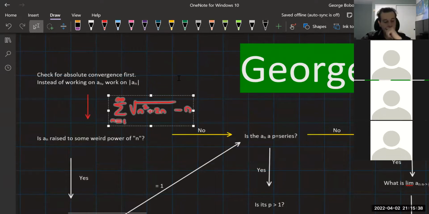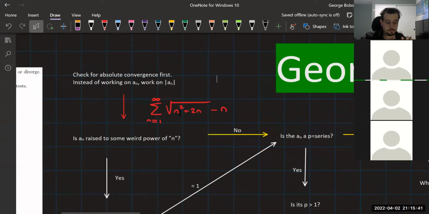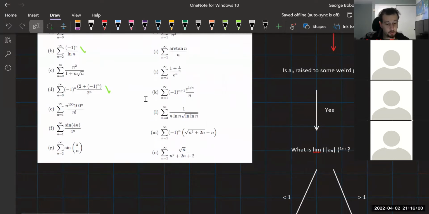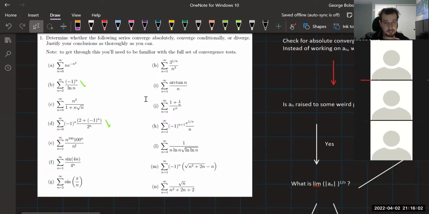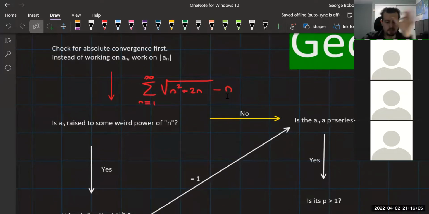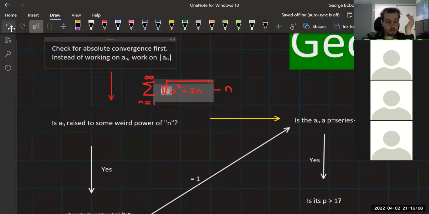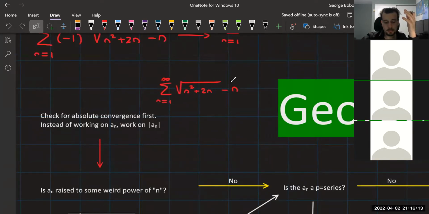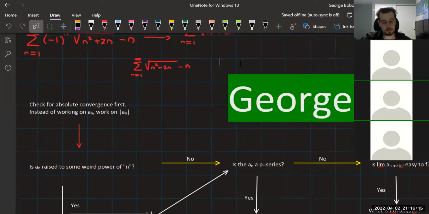Grace, is the whole thing raised to some weird power of n? No. By the way, this question is for you to check if you need to use the root test, because this test is really rare. I can't even see one here that you might use that on. It's a very rare test, okay? So let's get that out of the way, the root test. And that's why, again, I move on after that. Sadly, I can't carry this with me. The text boxes are annoying.